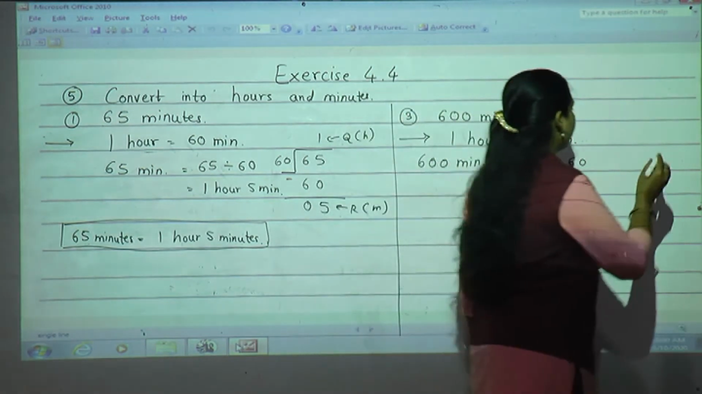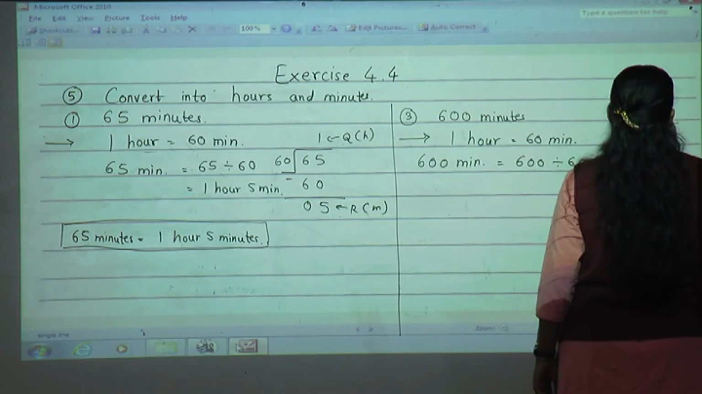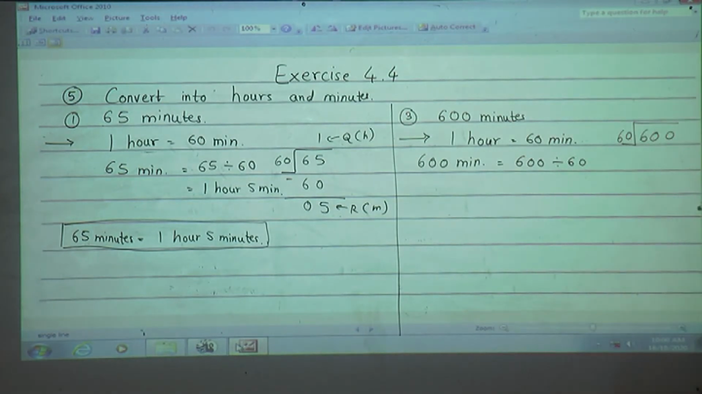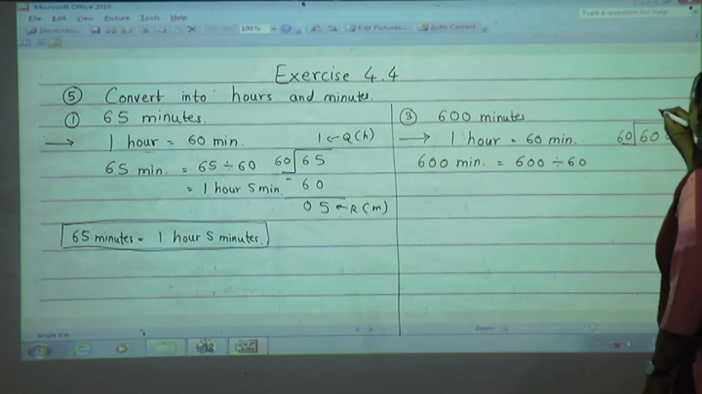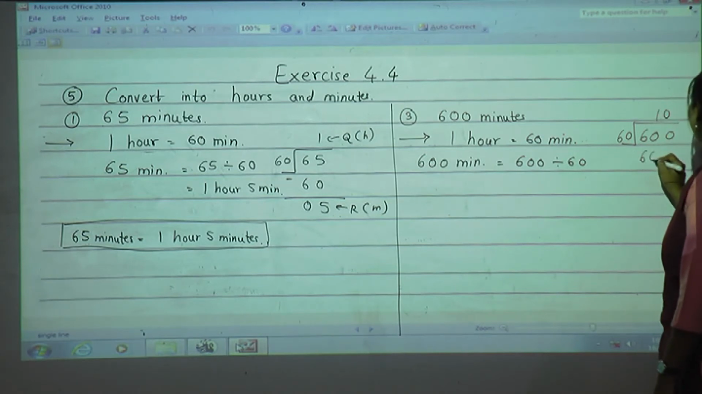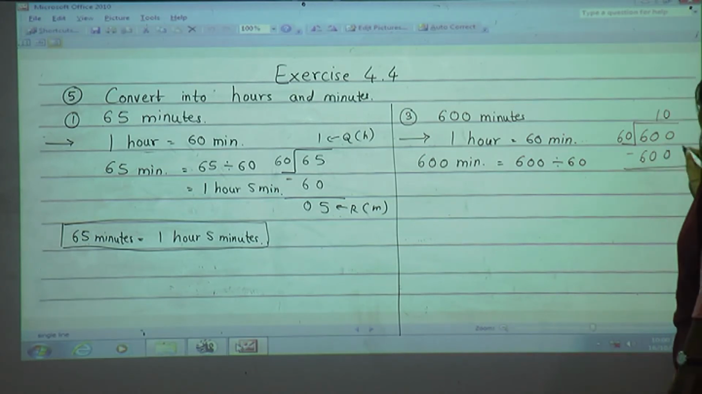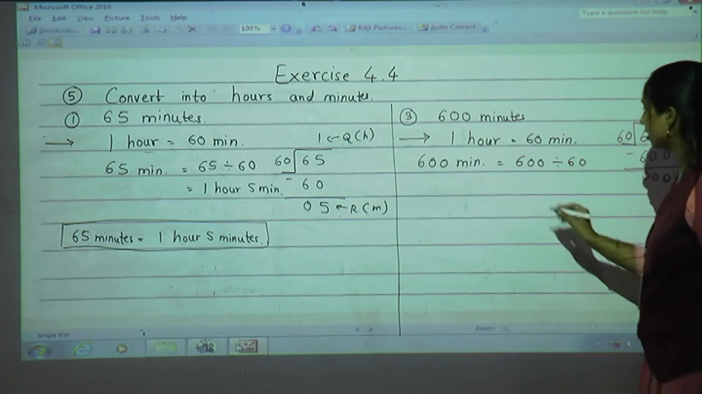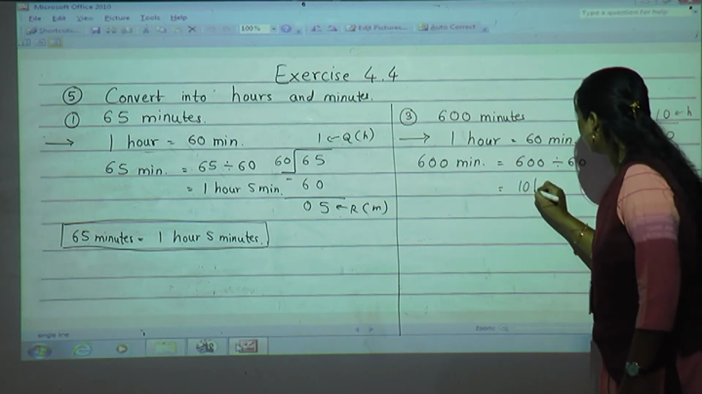Now we will do the rough work for the division. 600 divided by 60. Now, in the 60 table, is 600 there? Yes. 60 tens are 600. 0, 0, 0. So what is the answer? This is hours, this is minutes. Now, in minutes nothing is there, 0 is there. So what is the answer? 10